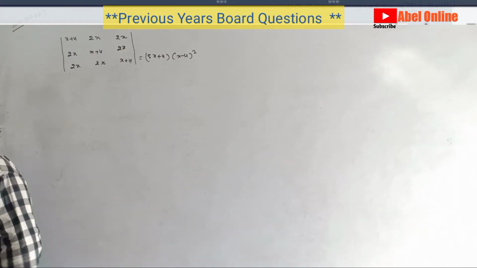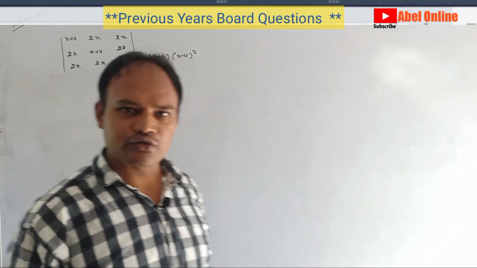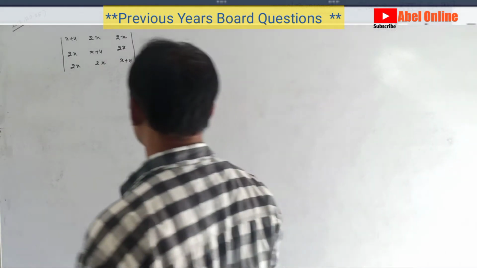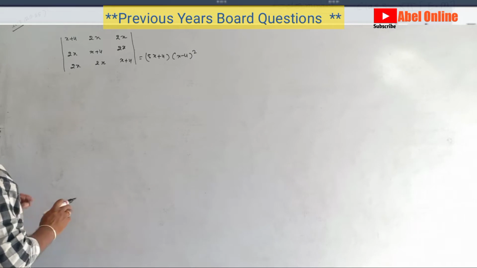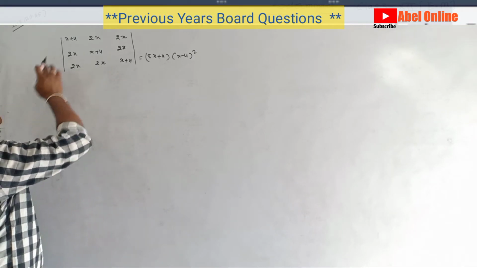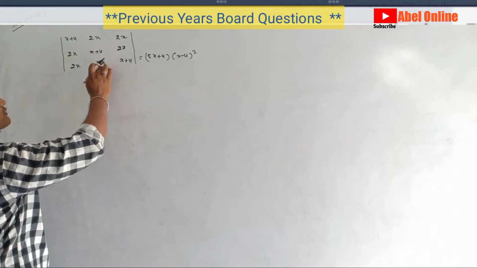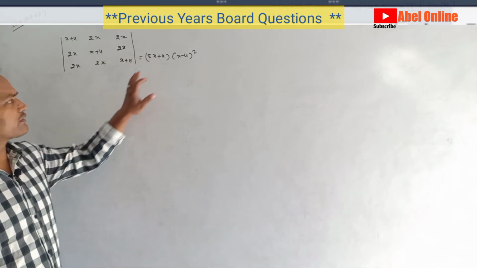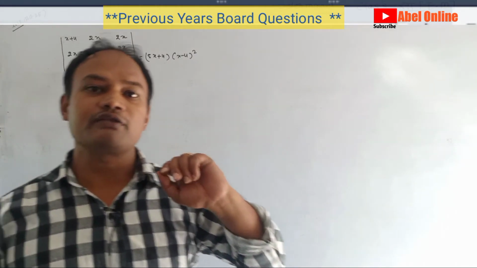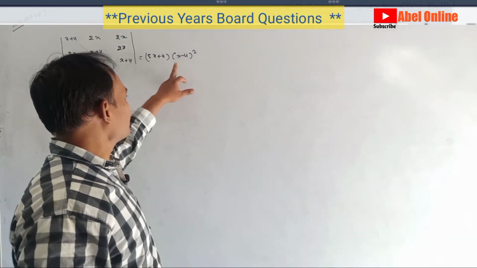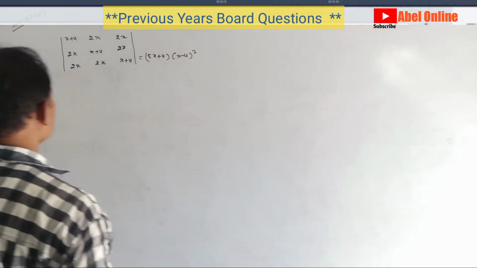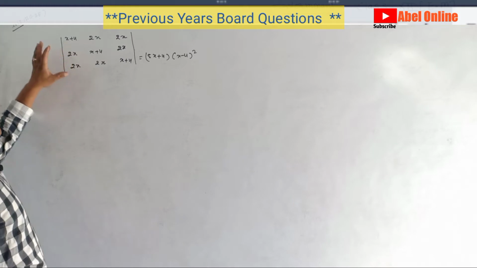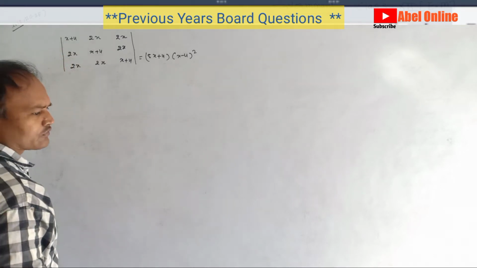So students, this is the question and we have to solve it. The question is not tough, but we have to know how to solve it. Look here: x plus 4, twice x, twice x in each row. How can we get 5x plus 4? Or how can we get x minus 4? We have to think about it. If I add the entries, 2x, 2x and x plus 4, then we can get something. So what can we get?